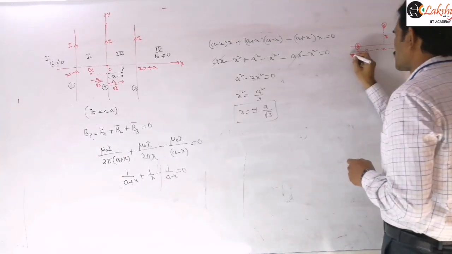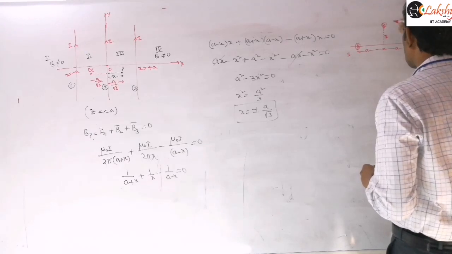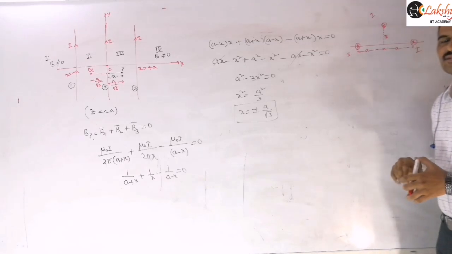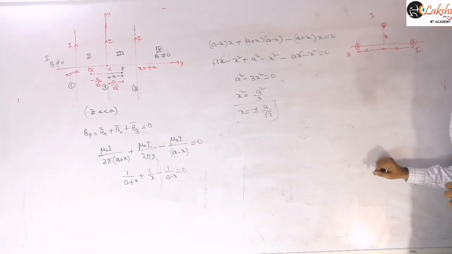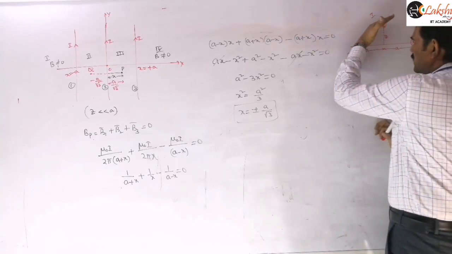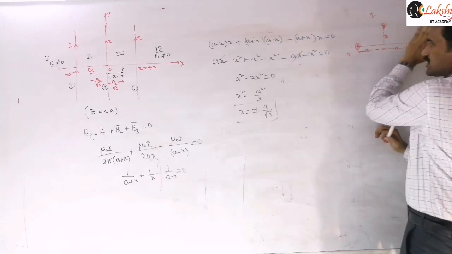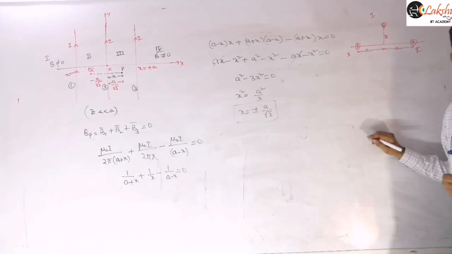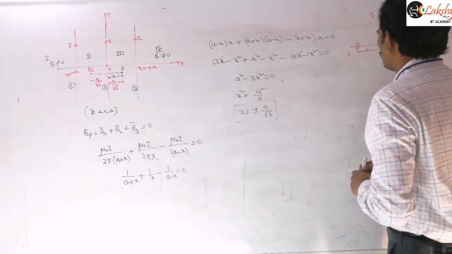Now all the currents are the same here, that is I, and here also this current is I, and this is also I. And now we need to write this force here, the magnetic force. Still these two wires are parallel only, right? So these two wires are parallel in this plane. Similarly, these two wires are parallel in this plane. So we can still directly apply the force between two parallel conductors formula. Now both the conductors are carrying the current in the same direction, so the force will be an attractive force.